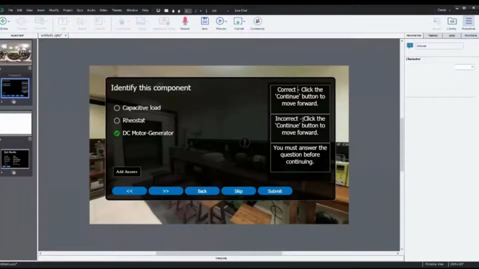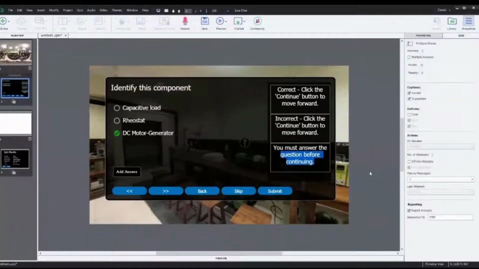And these are some options that you see in case the answer is correct, what should be prompted. If the answer is incorrect, what should be prompted, right? These things are also editable if you'd like. I'm going to leave it as it is. So we've set this question here. Another thing for this question was, you can see on the right hand side how many points it carries. So we are saying it carries 10 points. Does it have multiple answers? So these are some question options. So I'm going to leave them as it is. So first question is ready.